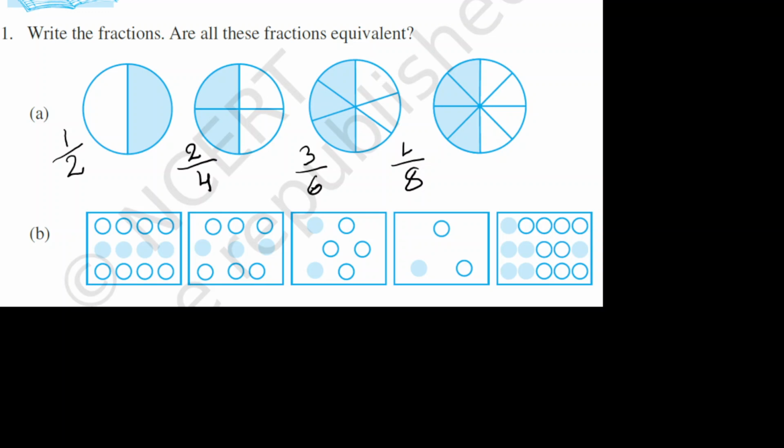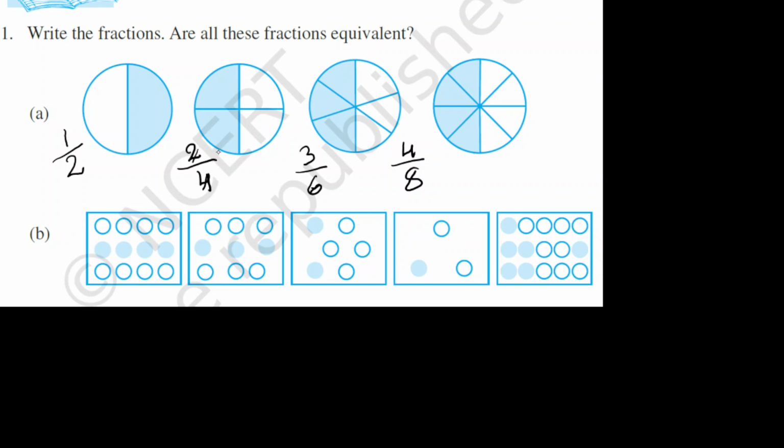and here the fraction becomes 4 by 8 because out of 8 equal parts 4 parts are shaded. Now observe all these pictures. In all these pictures the fractions represent the same part of the whole, and let me write the simple form